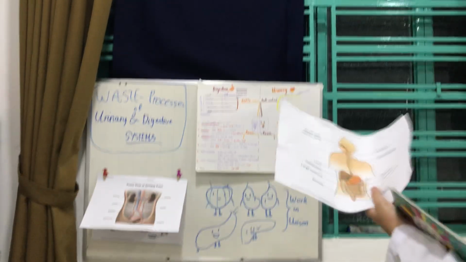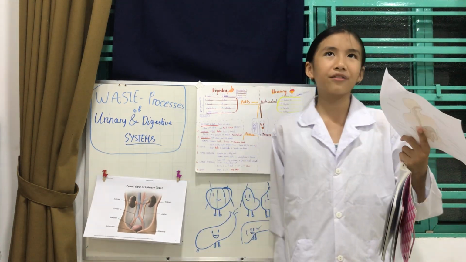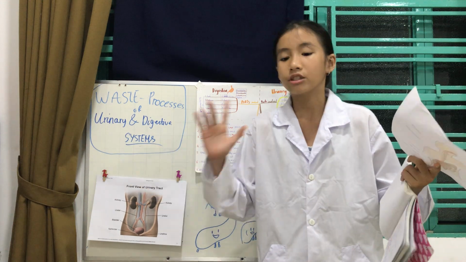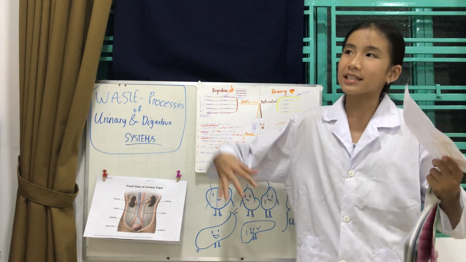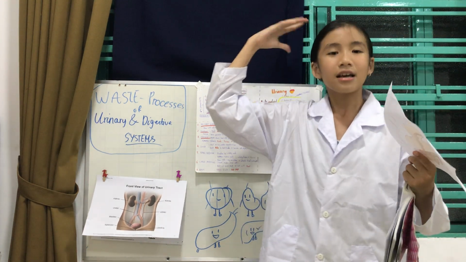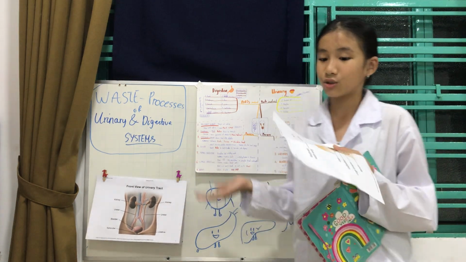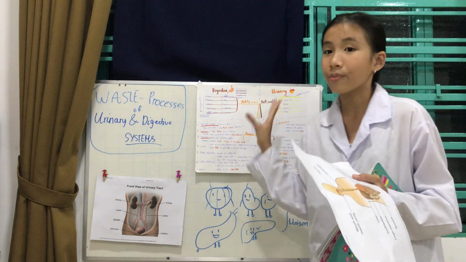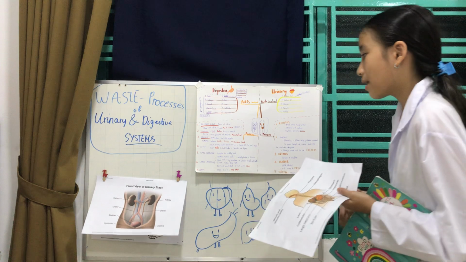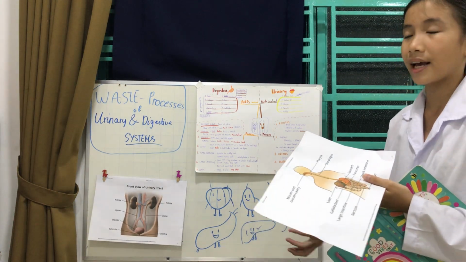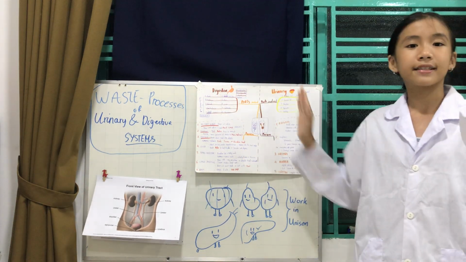And then when the stool, or poo, comes to the end of the digestive system process at the anus, the nerves down in our bottom will send signals to our brain telling us that we need to push it right out, because the stool has gone through all of the process and now it needs to be released as waste. Then the stool exits from our anus, and the end. That is the end of the whole digestive system.